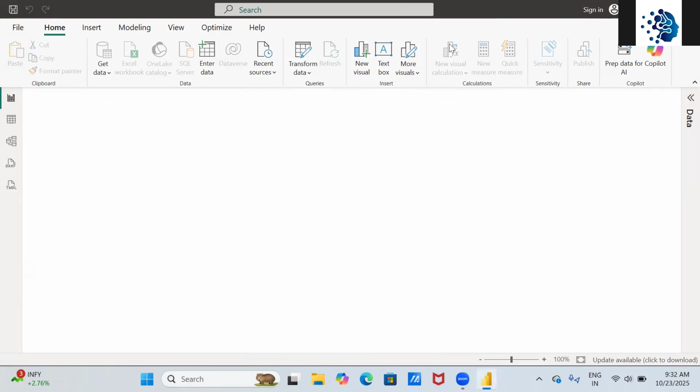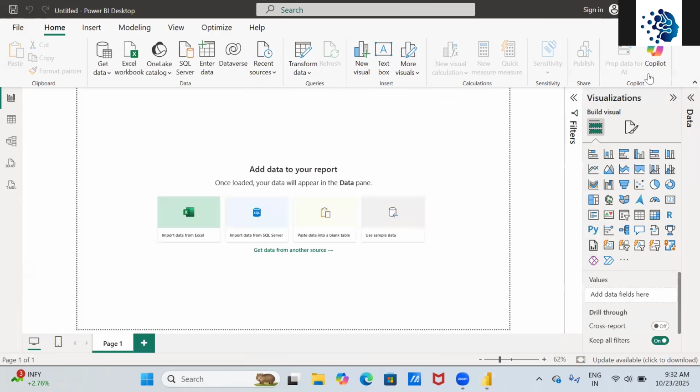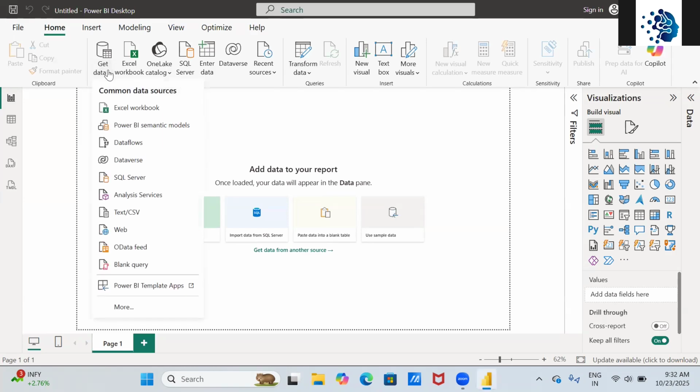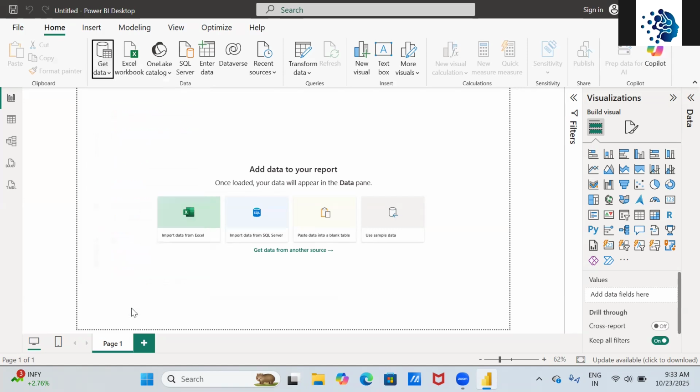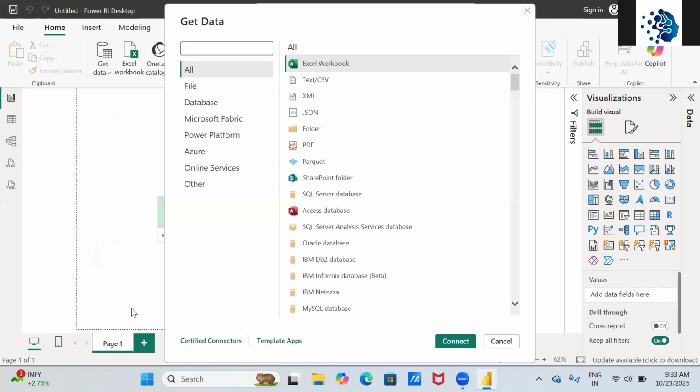Now this is the blank window. And now to get the data into Power BI, you can get it from multiple sources. For example, if you click on Data, Get Data, see here you have multiple data sources like Excel workbook, Power BI semantic models, dataflows, SQL Server, text, or you can download from any web. If you click on More, you will get all the types of sources from wherever you can get the data from,